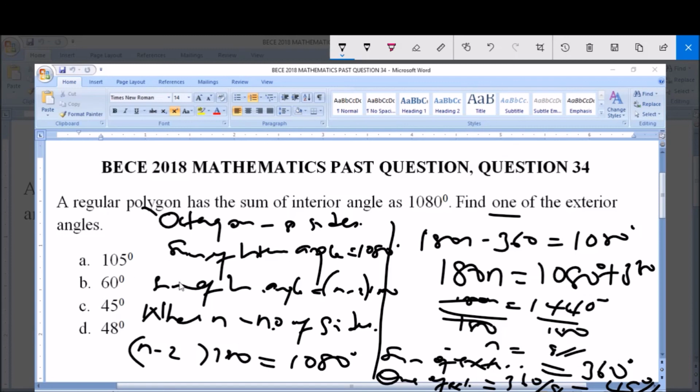And from the options here, option A says 105 degree, which is wrong. B says 60, which is wrong. C says 45, which is very correct, and D says 48, which is wrong. So our final answer to this question is C,